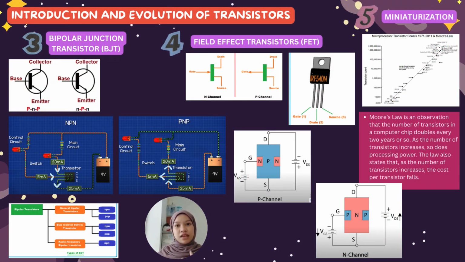The fifth law, which is the last, is miniaturization. About the BJT: it consists of two types, which are PNP and NPN. Each transistor consists of three terminals, which are emitter, collector, and base. For PNP, as you can see in the picture, the current from the battery flows in from the emitter and then flows out through the base and collector. While in NPN, the current from the battery flows in from the collector and base, and then flows out from the transistor through the emitter.